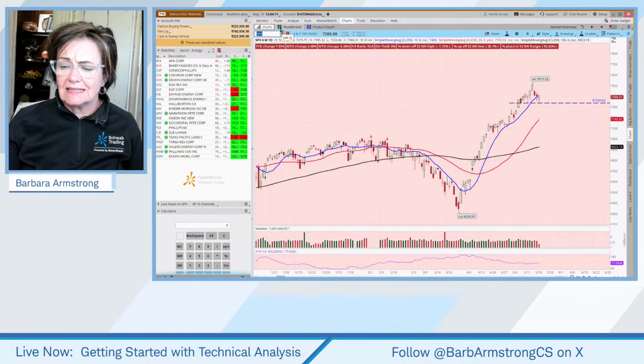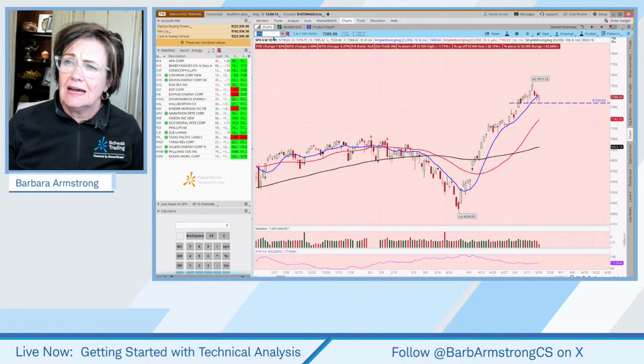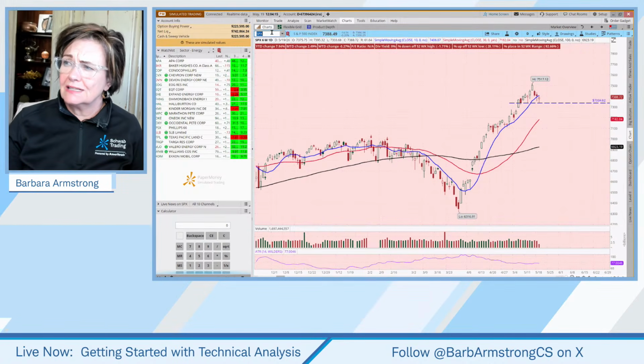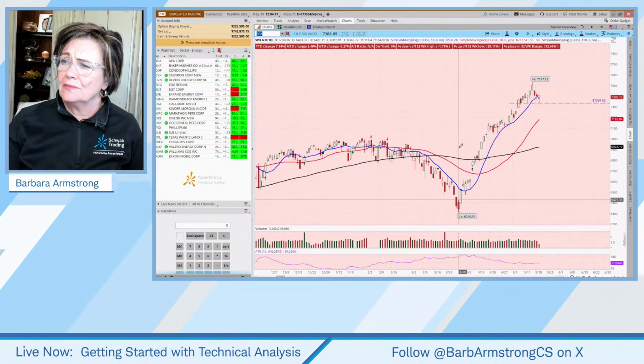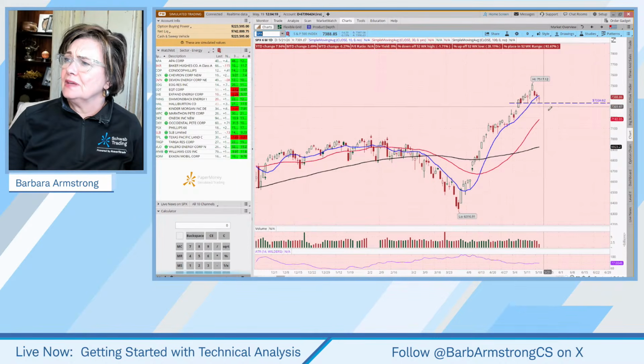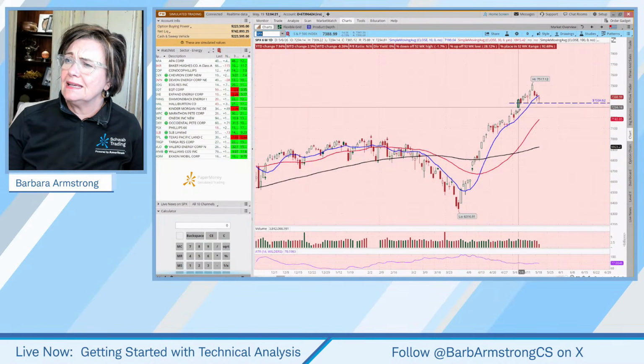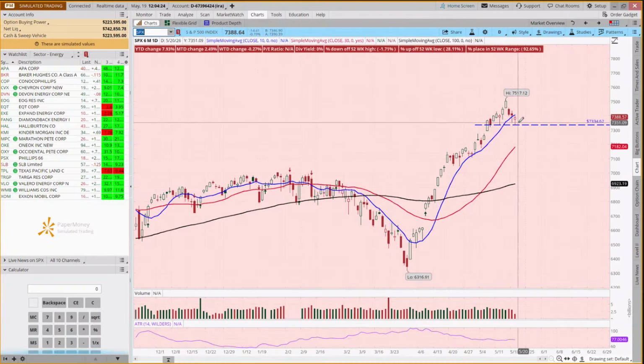If you're new to this and you have not been to this class before, feel free to type a greeting into the chat so we can welcome you. But when we look at the S&P 500, we see a bit of a bull flag pattern perhaps setting up. It's coming back to this previous high here. So we've had about a 3-day pullback. And is Chicken Little warming up and doing laps? I would say likely not.